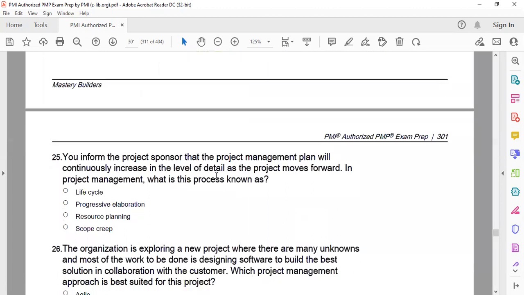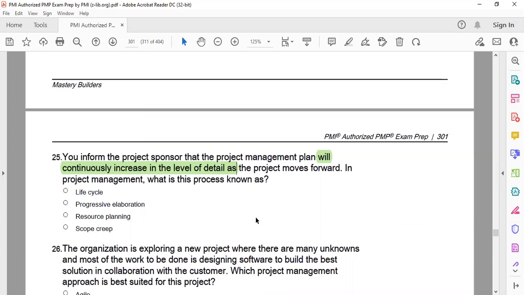Correct? Next, you inform the sponsor that the project management plan will continuously increase in the level of details as the, when I read this line, I know what should be the answer. And you should tell me what is the answer. What is this process known as? Exactly, Usman. Exactly, Ganesh. Very nice. Good. Will continuously increase in the level of detail as the time passes by. It is called as